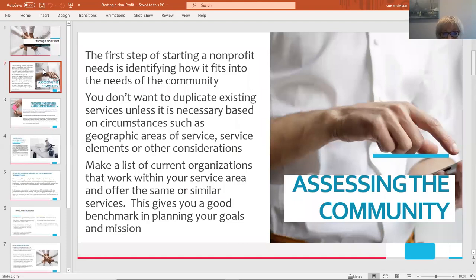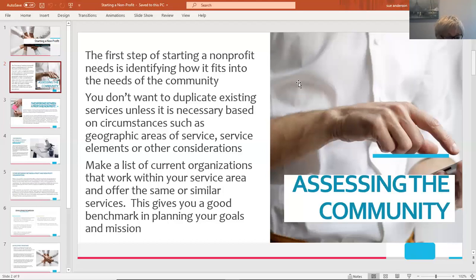a profit company. I think the first step in developing a nonprofit is to find out how your service is needed within the community. And I think that means you have to identify how your organization is going to fit within the community. You don't want to duplicate existing operations that some people are doing. So basically, you want to provide something that's either compatible with those existing services and organizations, or you want to provide something that's more necessary and that's available. It's going to make an impact, okay?